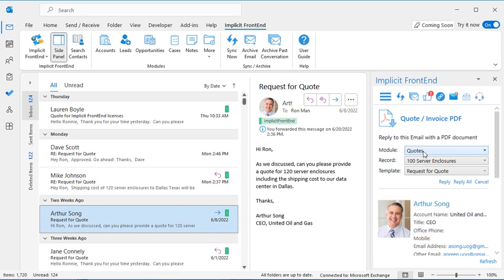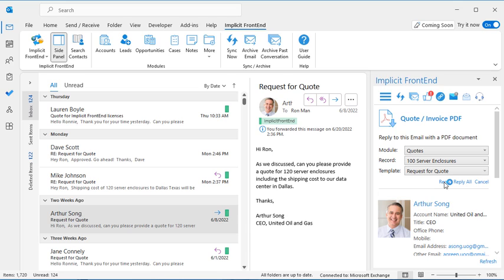It allows me to select the module, so either quote or invoices, select the record, and select the PDF template that the CRM administrator has defined for request for quote, for example,